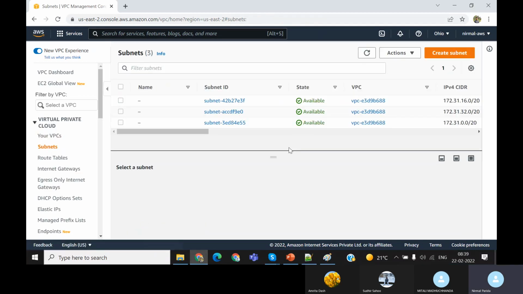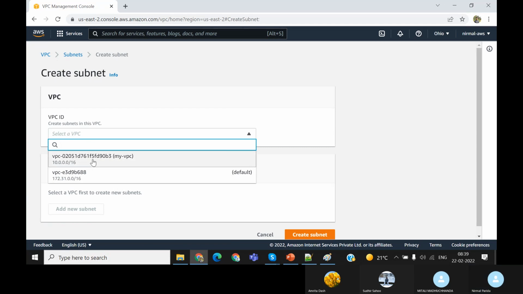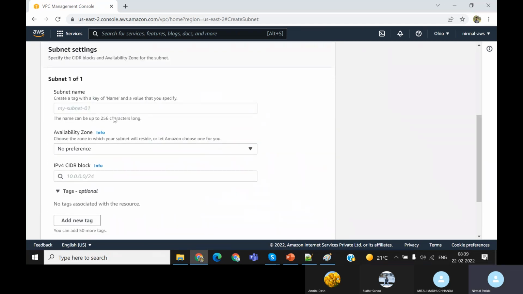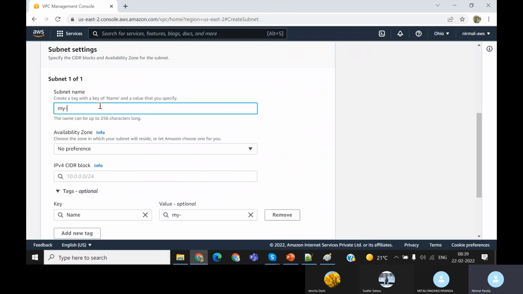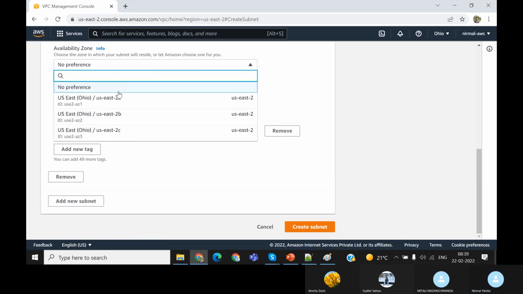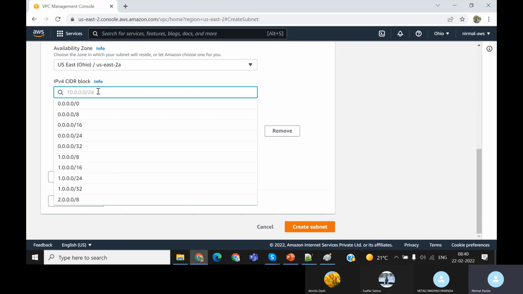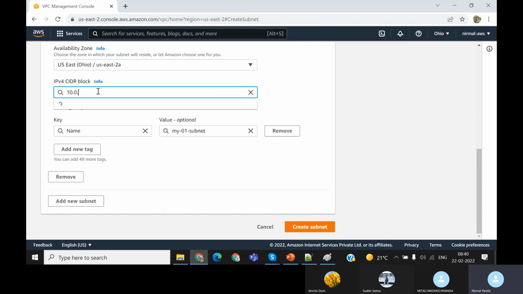So let me show you subnet. Some default subnets have been created by AWS, but I will create my own subnet. This is my VPC ID, and I will create one subnet. Maybe this is my subnet. For this you need to pick an availability zone, maybe US 2A, and suppose I'm giving this IP range 10.0.0.0 by,